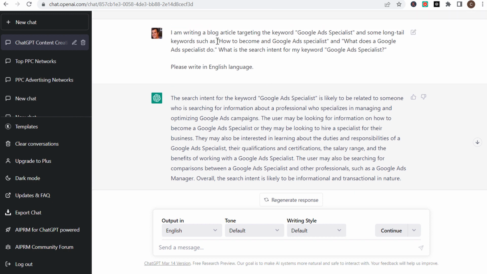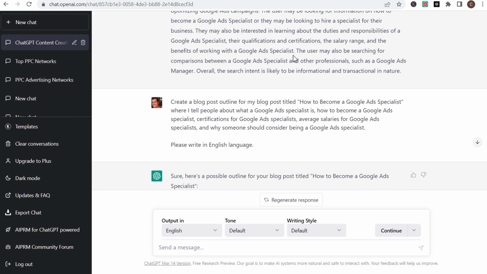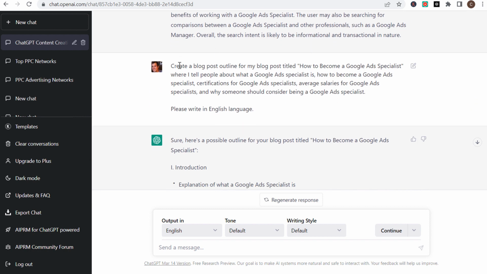So it would probably be much better to use a keyword like how to become a Google Ads Specialist. But I figure if I write a really good blog post about Google Ads Specialists, I could probably rank high and hopefully get that top spot in the search results, at least a top spot below Google. So we'll keep coming down here and we're ready to generate our blog post outlines. I generally will come up with multiple outlines. So you can just basically give a